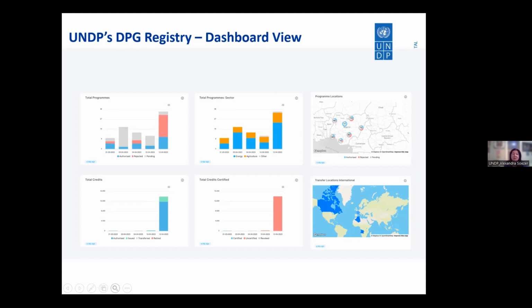It is already fully coded and offered to countries in connection with the Carbon Cooperation Platform, but also alone. And the setup of the registry will happen on the national government servers. So it's not a UNDP managed registry. It will be transferred to the government servers, and this will be done, of course, in close collaboration with national IT experts in the host country.